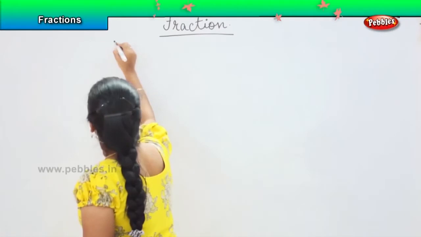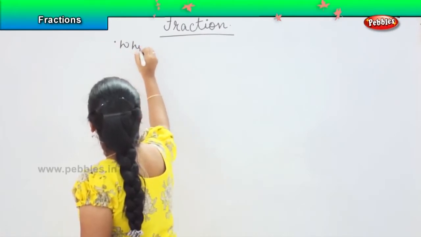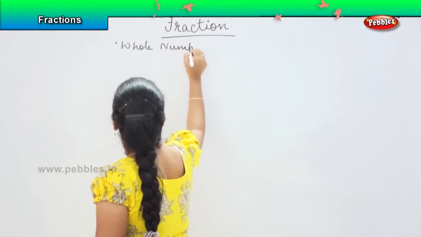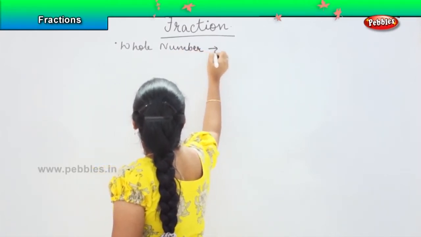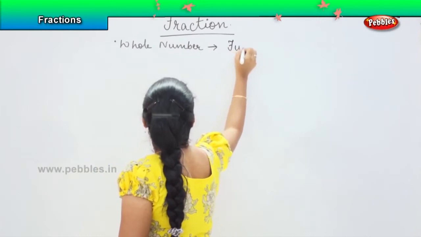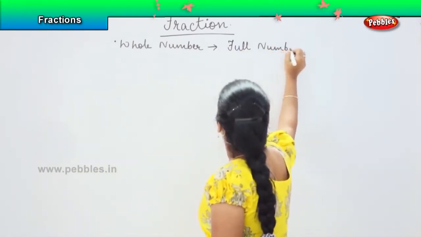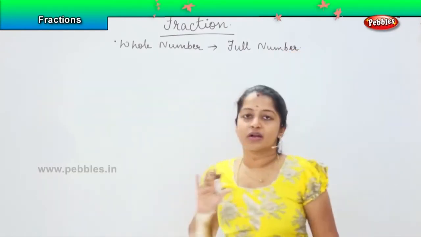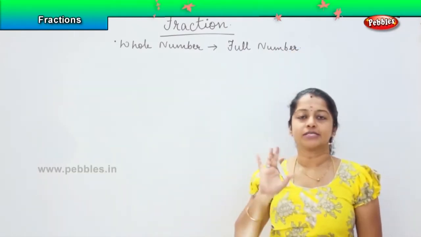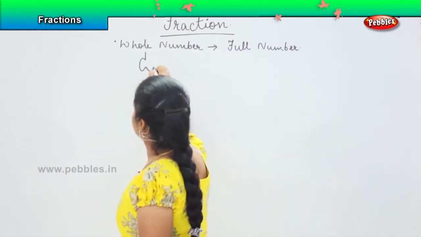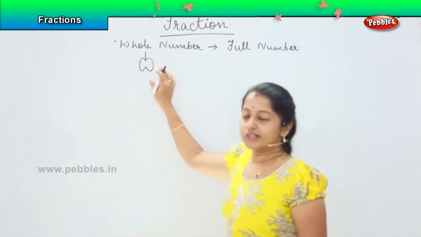The first one being the whole number or a full number. Okay, a whole number or a full number is something which is not divided into anything, which is set whole. For example, if I have an apple here and if I am only going to take it, say